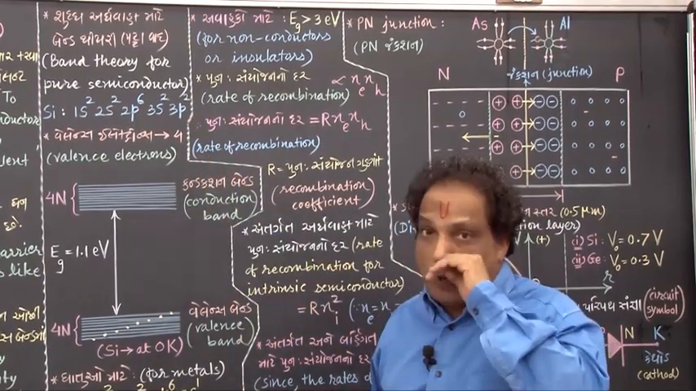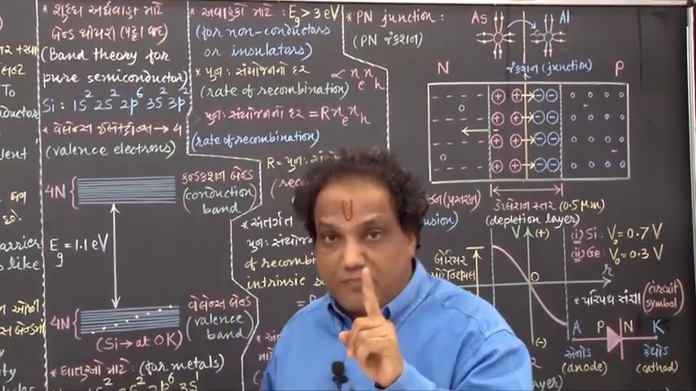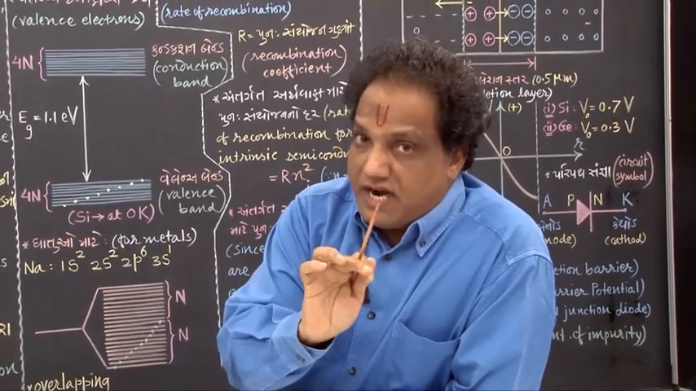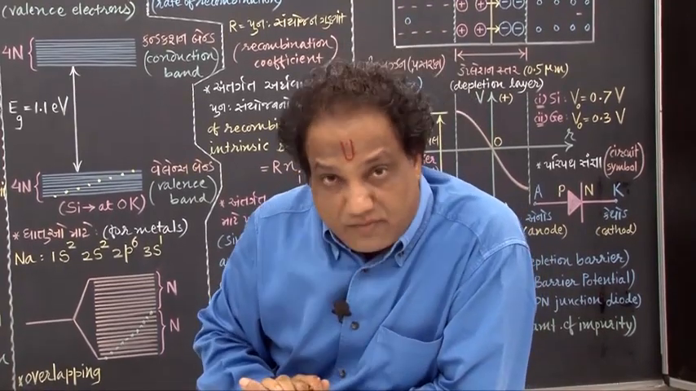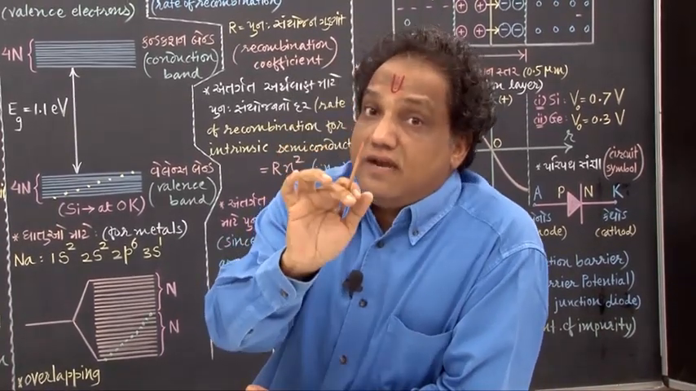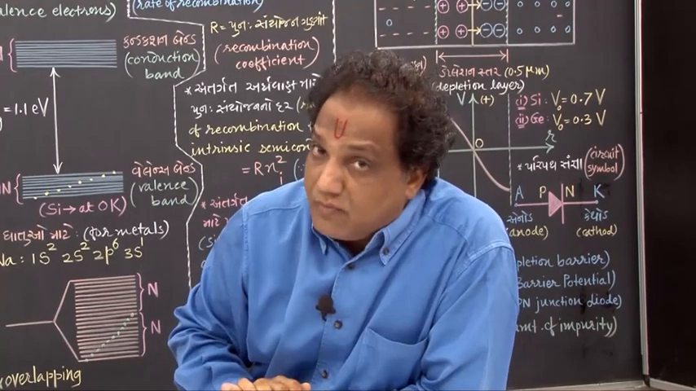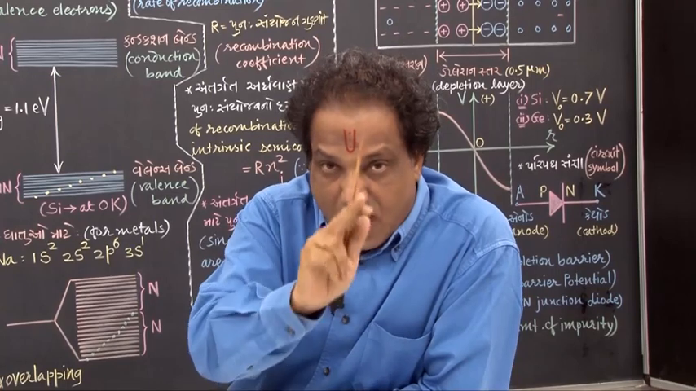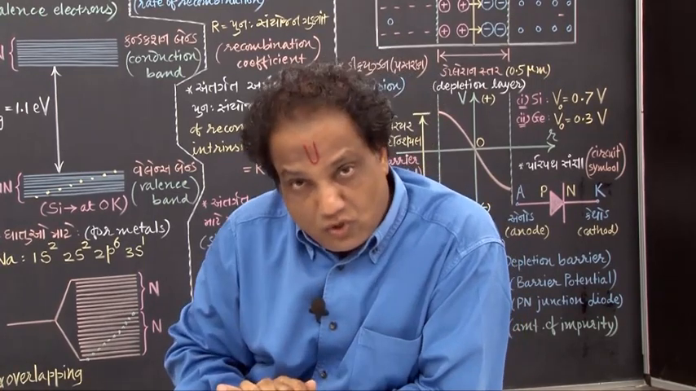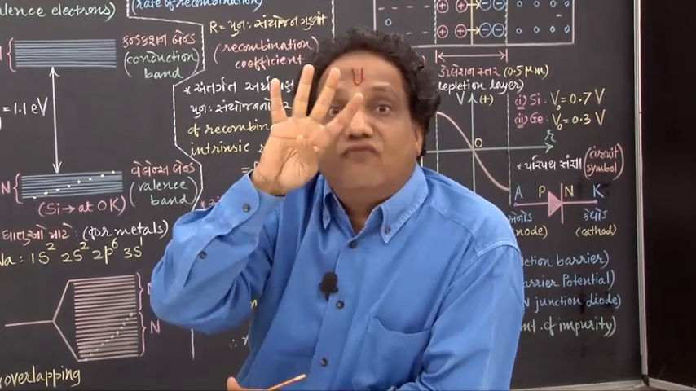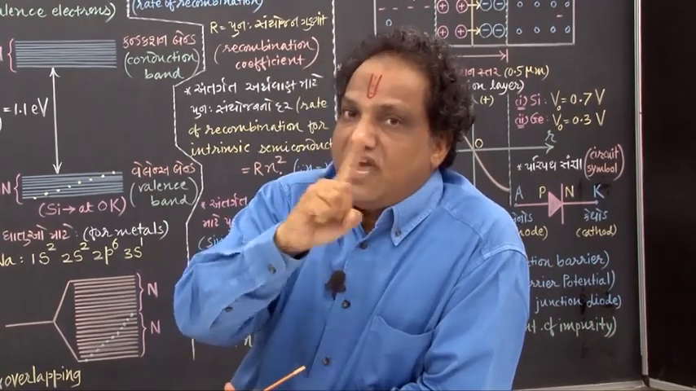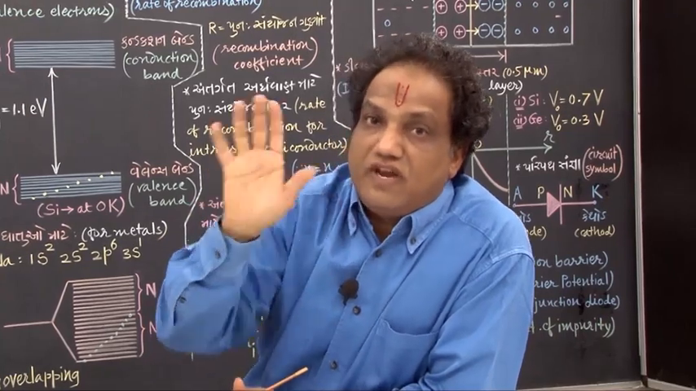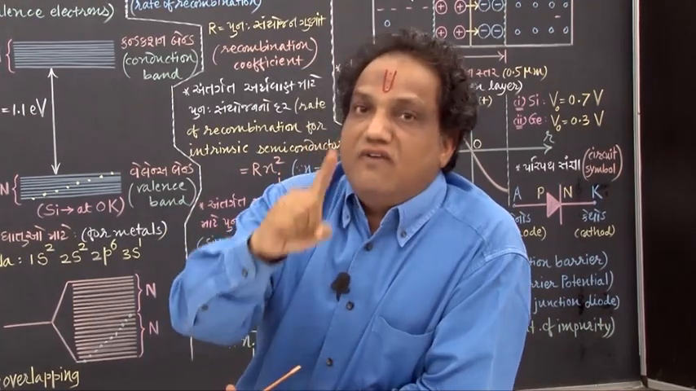So 6 plus 2, totally 8 energy levels are possible for the outermost electrons, correct? For one atom, if there are 8 energy levels possible, then for n atoms, how many energy levels are possible? 8 into n. Out of 8 into n, each silicon atom has only 4 valence electrons. So out of 8n energy levels, only 4n energy levels are occupied by 4n